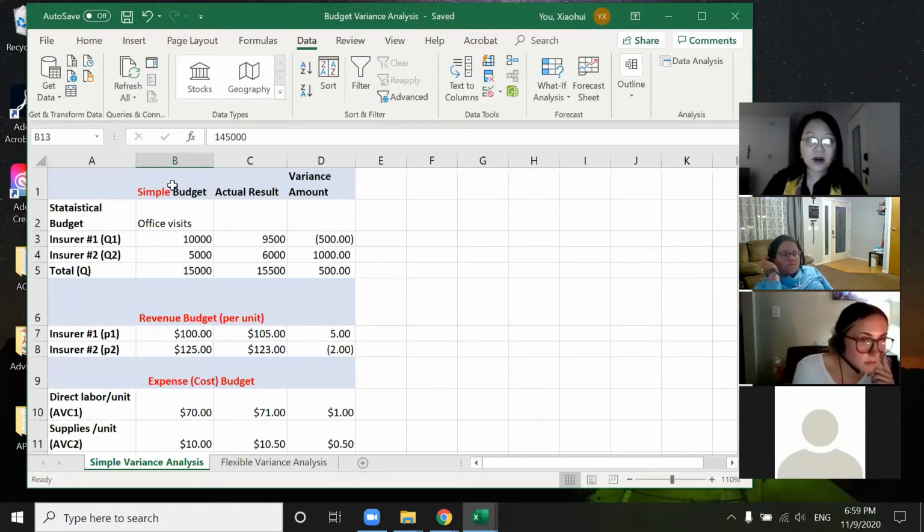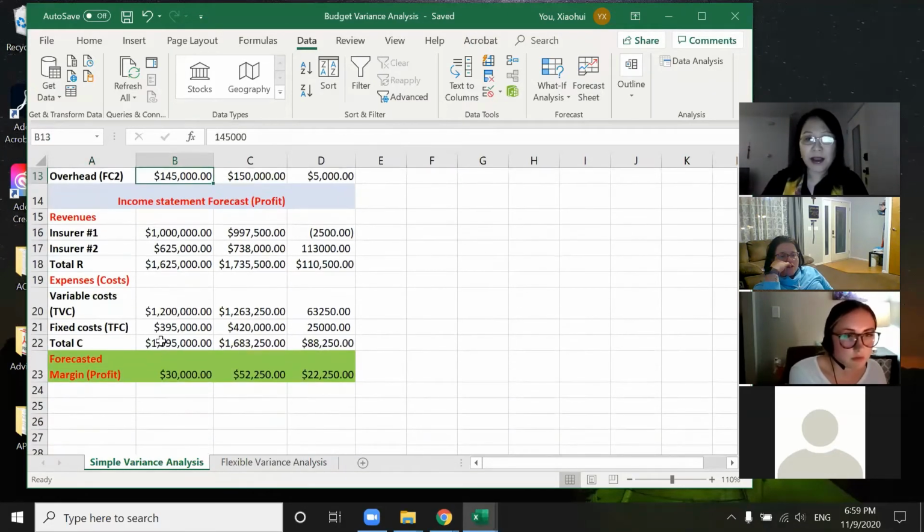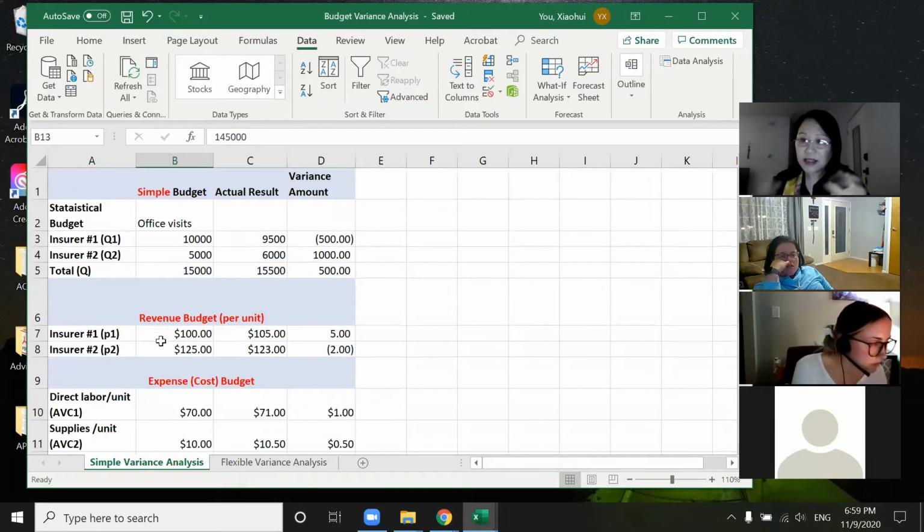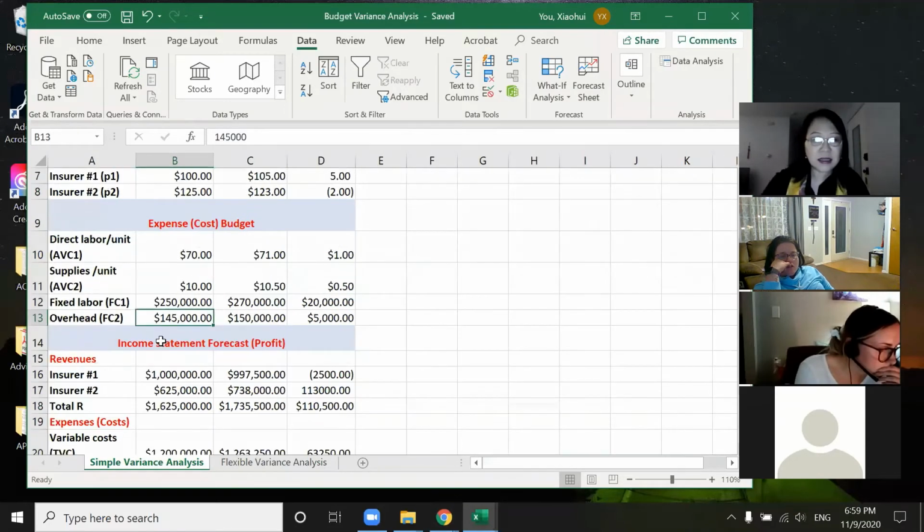Why we call it a simple budget is because this thing we know. Based on this budget, we can do the calculation. When we do the calculation for this simple budget, this is something given, we already know. For the revenue part, revenue is the price times